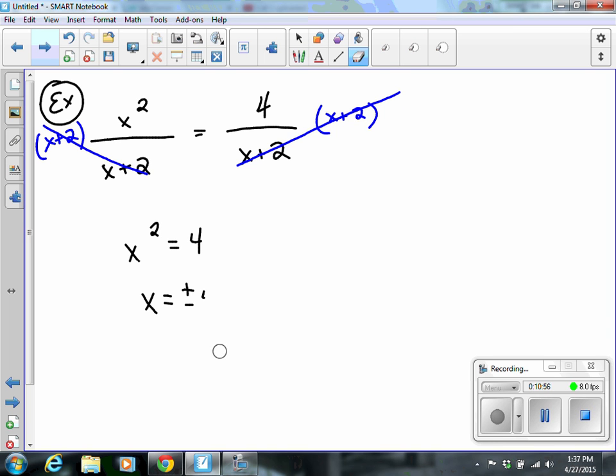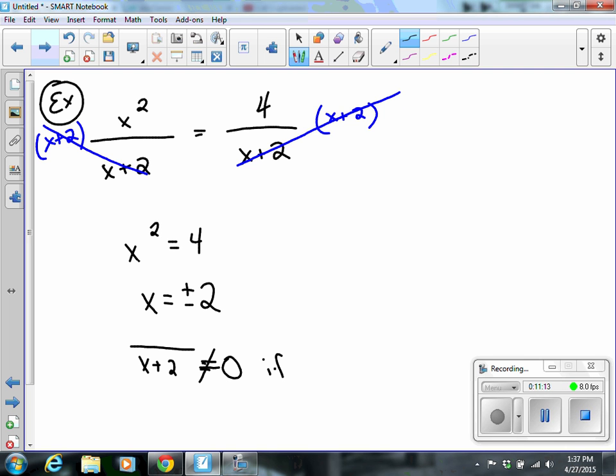Here's the deal, though. I gotta check my answers. So technically, yes, it's x plus or minus 2. But if I have in the denominator x plus 2, this cannot equal 0. If I were to plug in that negative 2, that would equal 0. So because that happens, I know that my only answer is